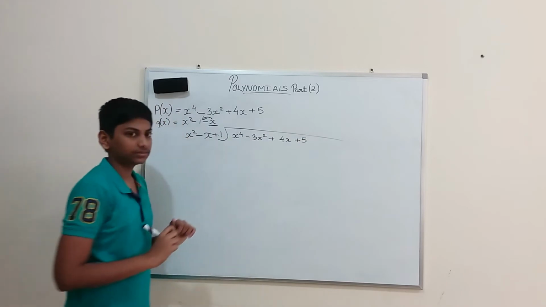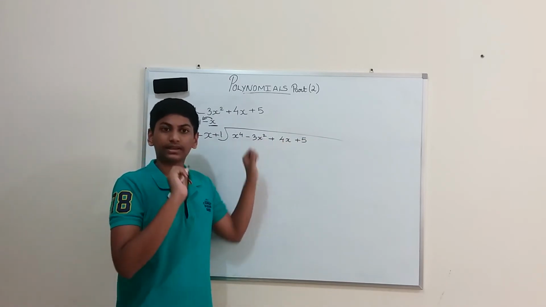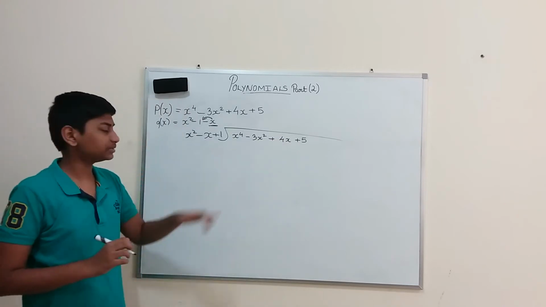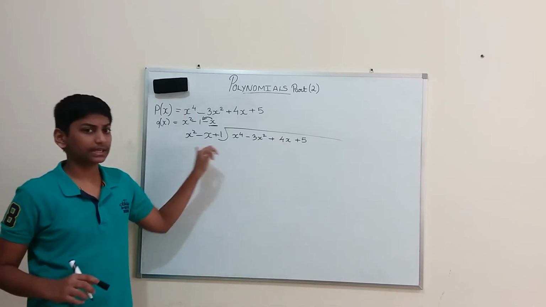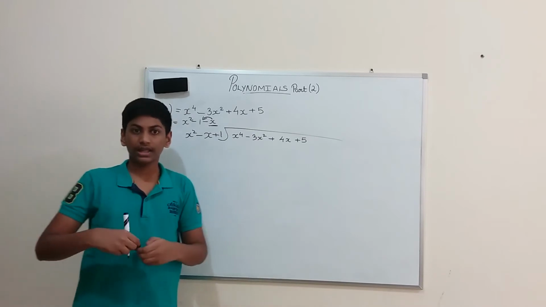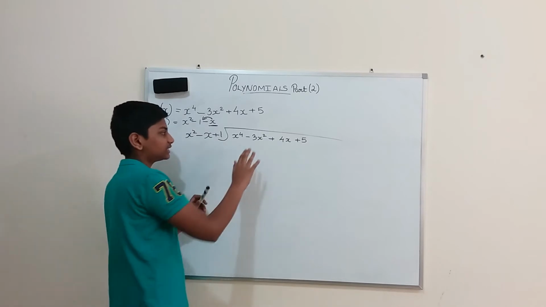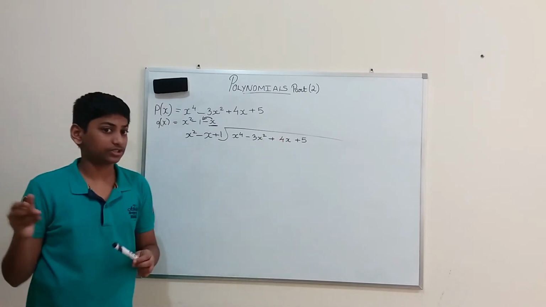Even here one thing is missing. X raised to 4 but there's no x raised to 3. So what happens? It comes in between, meaning when we are multiplying it, there will be a 0 into x square into x raised to 3, right? So what we need to do? We will just leave it like that, but I will tell you what we should do, okay?